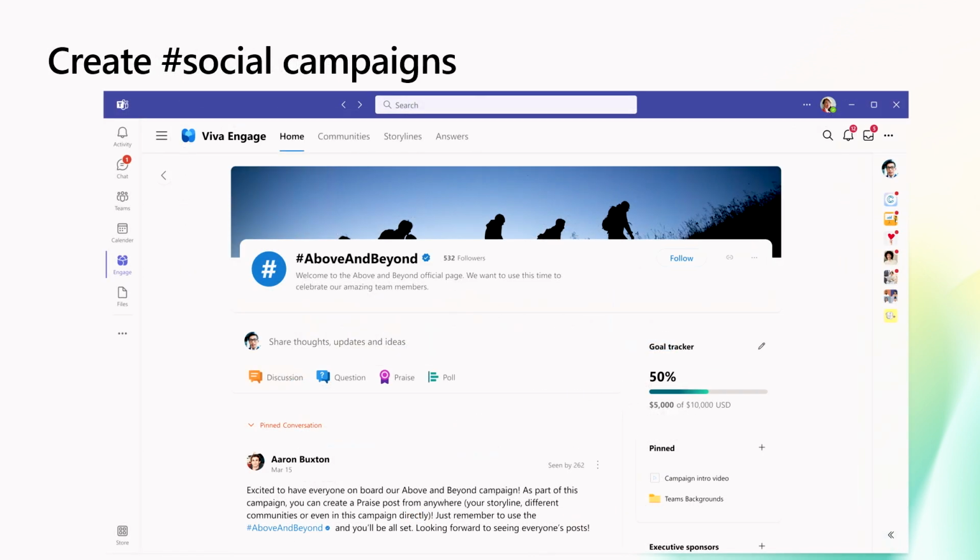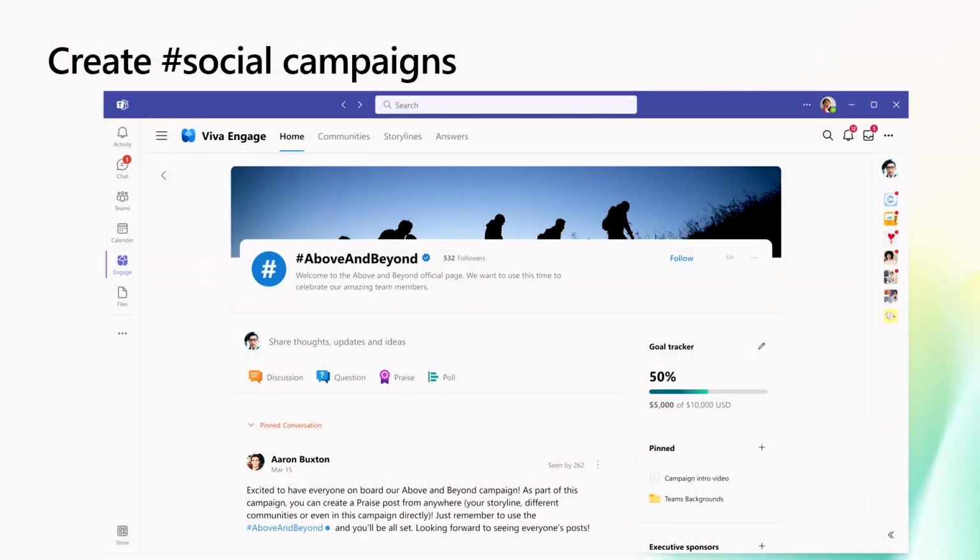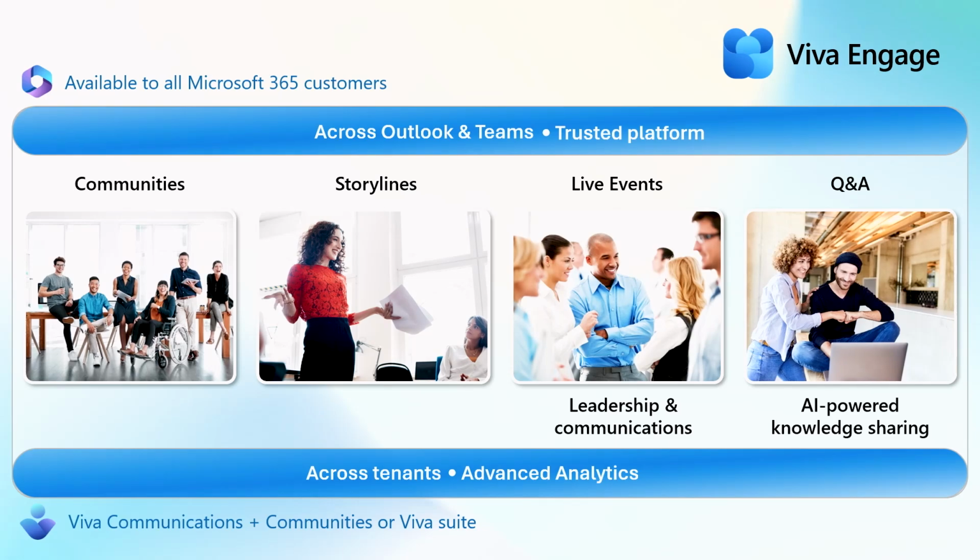and then discover leadership events like AMAs. All right, with social campaigns, you can drive cultural initiatives and celebrate events like, say, Black History Month by getting employees to participate in posting using a hashtag. And executive sponsors can be noted to highlight the official support. A goal tracker can be used to show progress towards the campaign's goals, and you can gain insights about employee engagement through campaign analytics, and then use that in the end to summarize the most popular conversations, the most active participants, and recognize them when that campaign is closed.